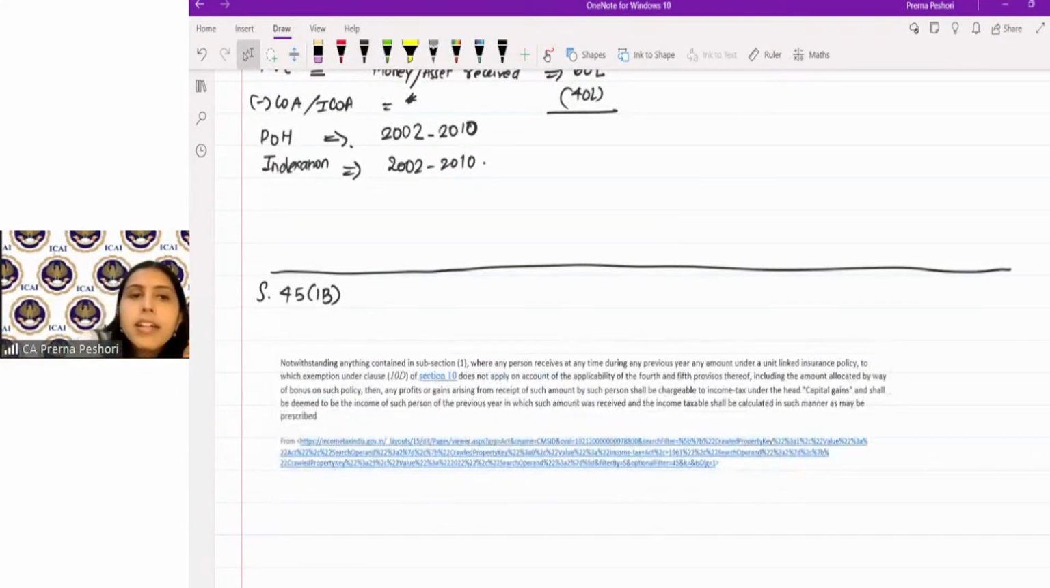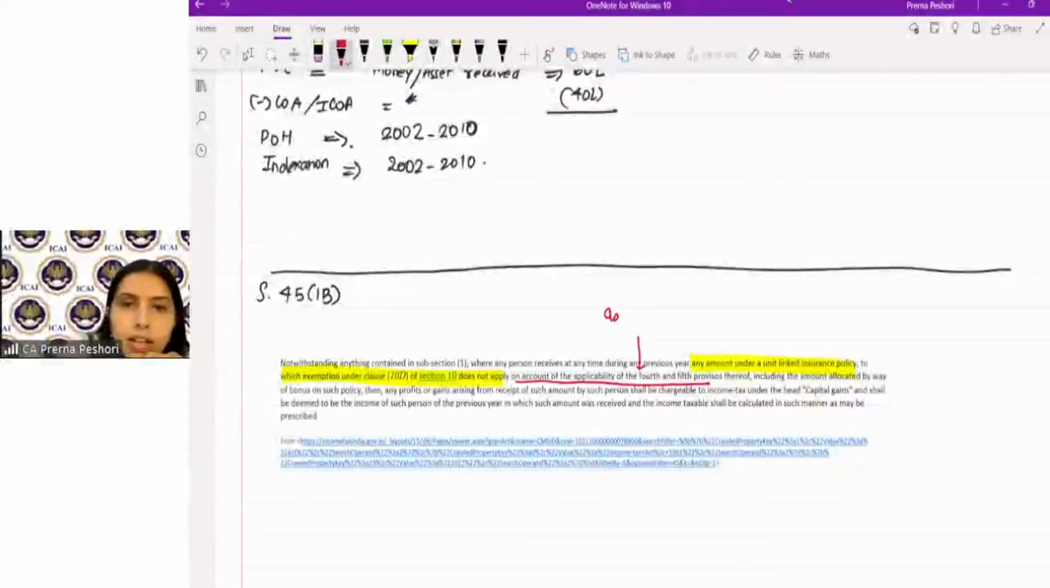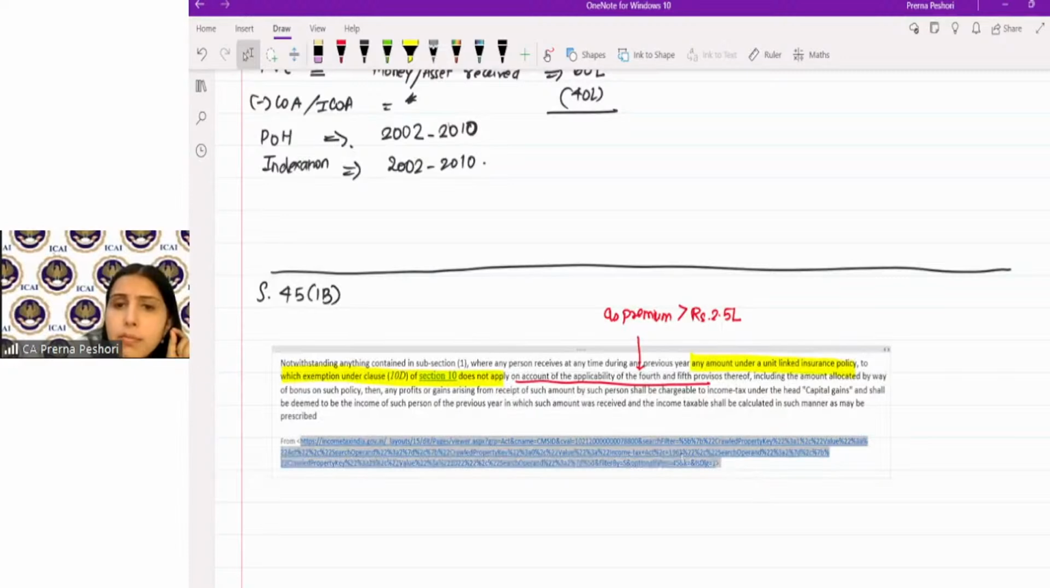Where any amount, again, this is a notwithstanding clause, which means it overrides the general charge. Where any person receives at any time during any previous year any amount under a ULIP, to which exemption under section 10(10D) does not apply, on account of applicability of the 4th and 5th proviso thereof, because the premium exceeds rupees 2.5 lakh, then any profits or gains from the receipt of such amount shall be chargeable to income tax under the head